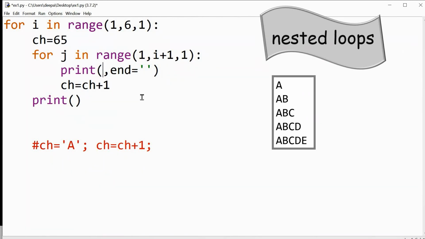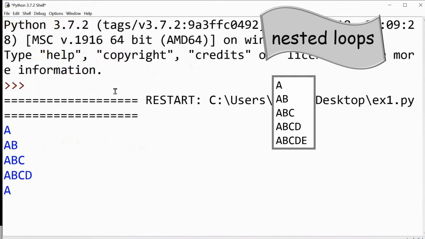To make it print the character A, you have to give chr, character. Now you can increment this step. You can give ch = ch + 1. Let us try.